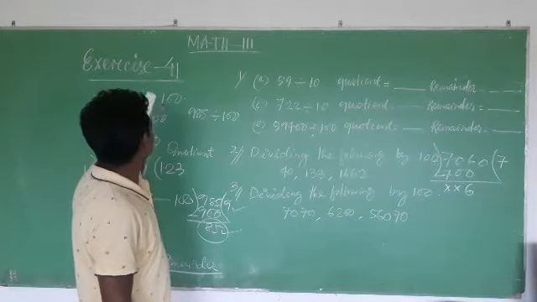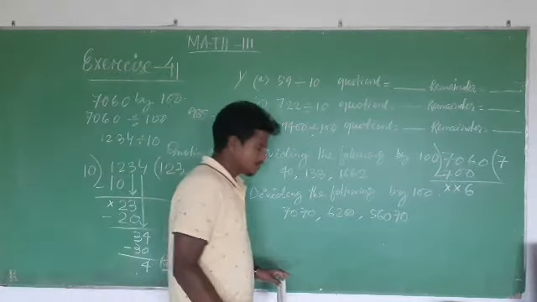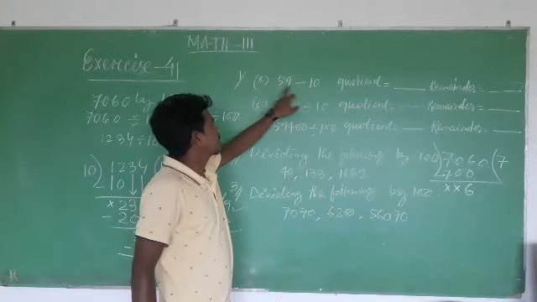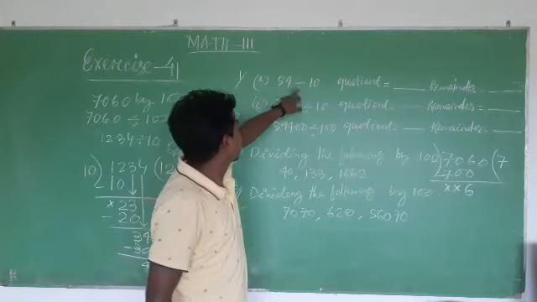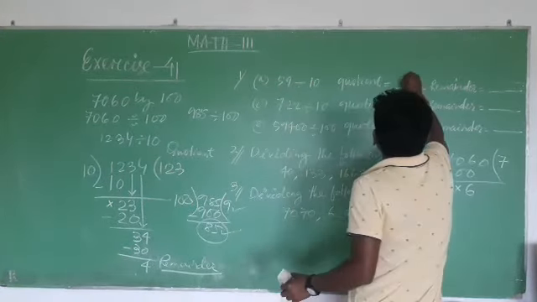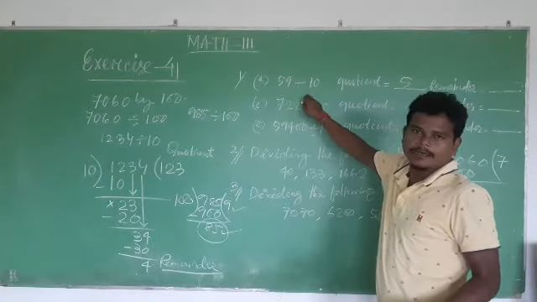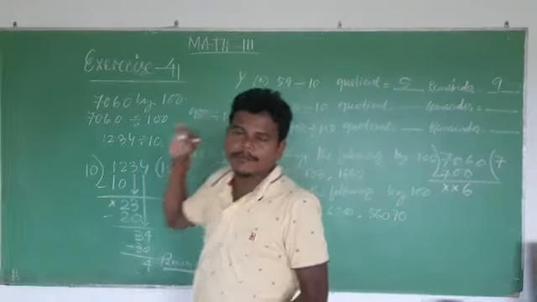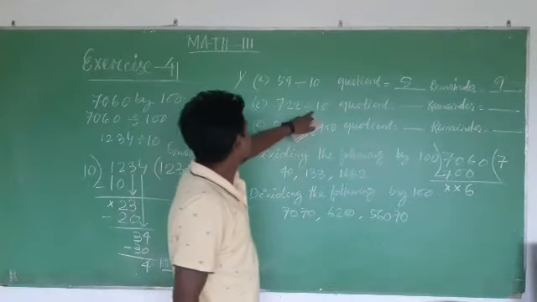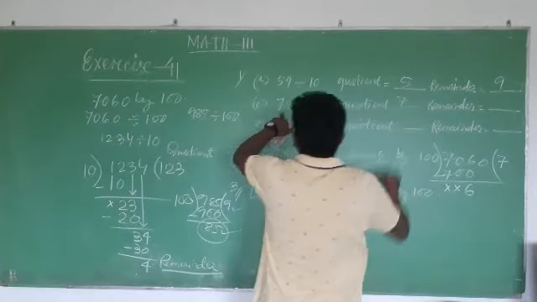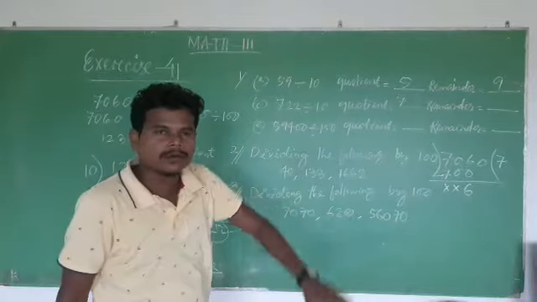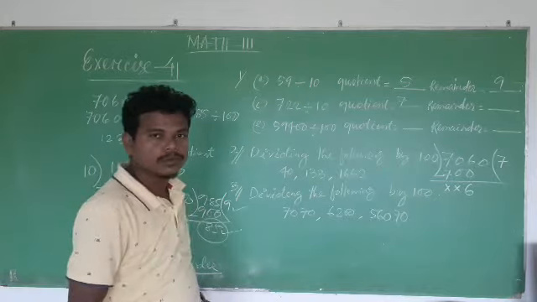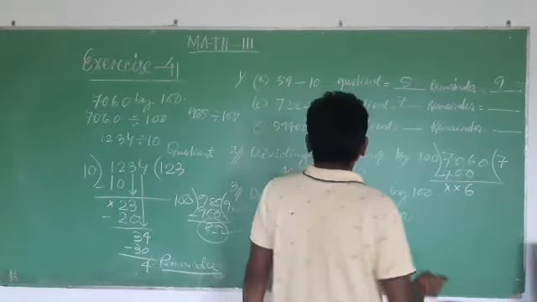In exercise 41 also, the same is asked here. By seeing also, one can do 59 divided by 10. 10 fives are 50. So the quotient will be 5 and 9 will be the remainder because 9 will be left behind after complete division. Similarly, 10 sevens are 70. 72 minus 70, now again there comes 2, so 22. 10 twos are 20.